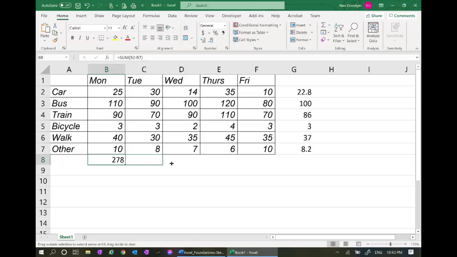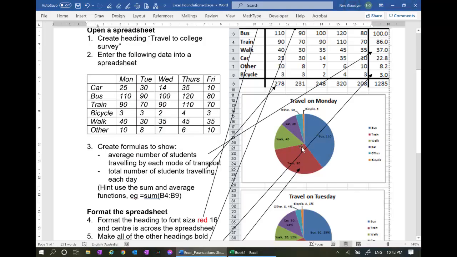This time I'm going to click and drag horizontally. Okay, so here I'm doing the B column from 2 to 7, and here I'm doing the C column from 2 to 7. So let's go back to our Word document, and I can see my formats are slightly different,